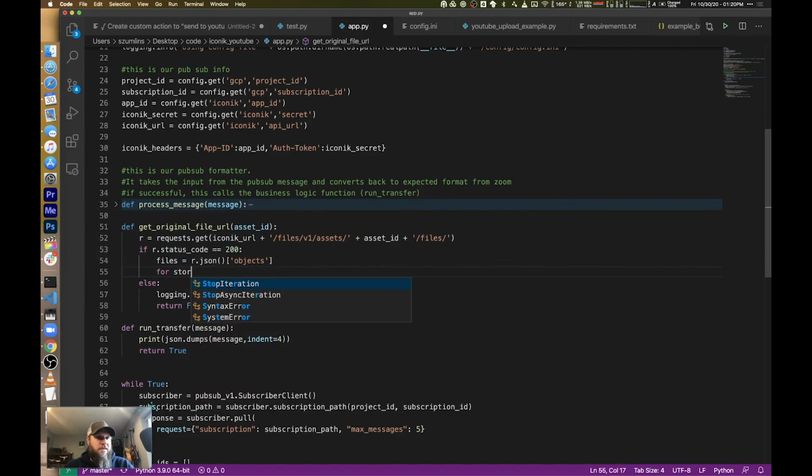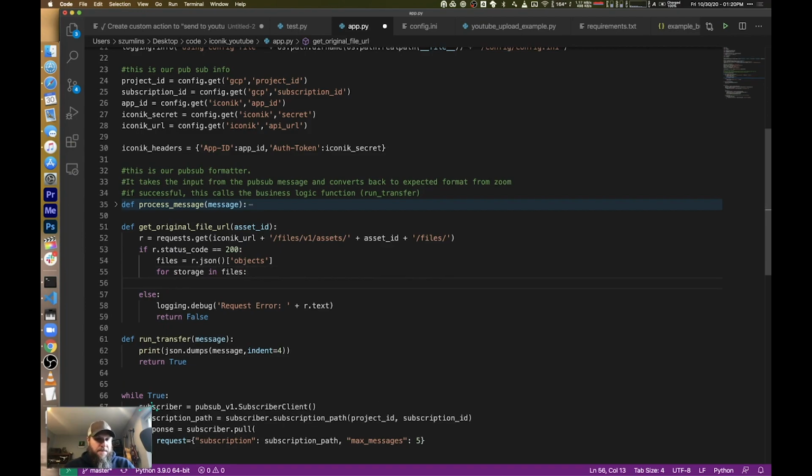So what I'm going to do is hop back in, and I'm going to say for storage in files, which is basically going to loop through all the items in files and give me back the actual object as storage. And now I'm going to run another API call to look up the storage and see what type of storage it is. I'm going to use S as this request because I don't necessarily want to throw out the info from this one and overwrite it yet, and we're still in scope. So I'm going to say S equals requests.get